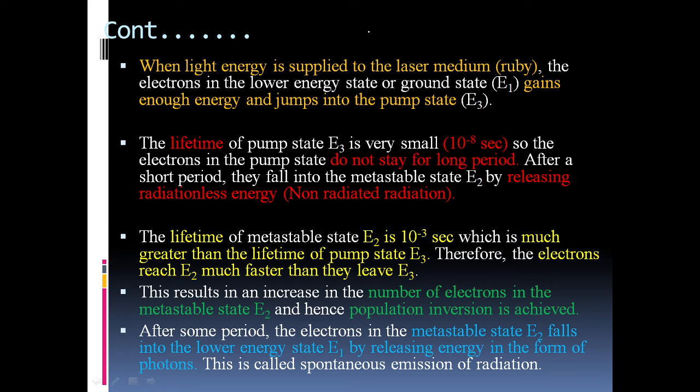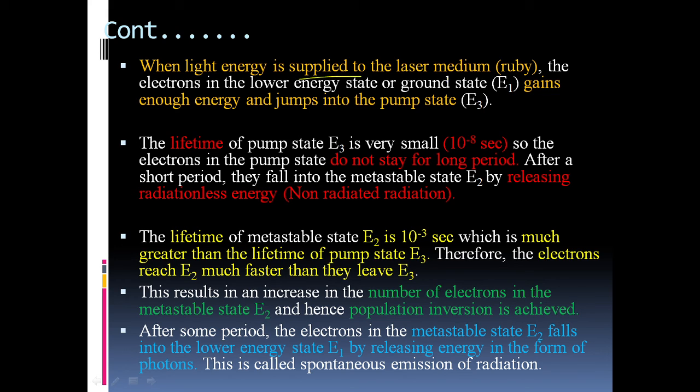And the photons emitted by spontaneous emission again move back and forth between the two mirrors M1 and M2, and come into the particular direction, and by this transition again and again we get a number of photons in the cavity.